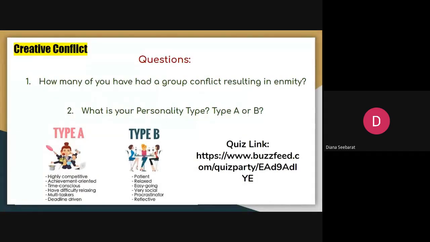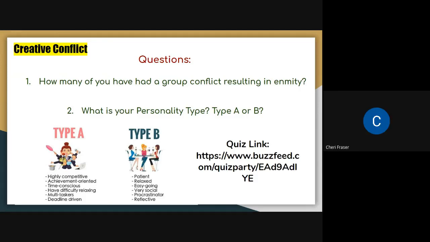But if any of you could answer that you know already, if you are type A or type B, that would be good, and say why you think you are that person. Or you don't know if you never found out this already. Or you could do the Big Five personality test, and that one is very in depth and it pertains to your work ethic, and it's really good as well. So any of you know if you're type A or type B?